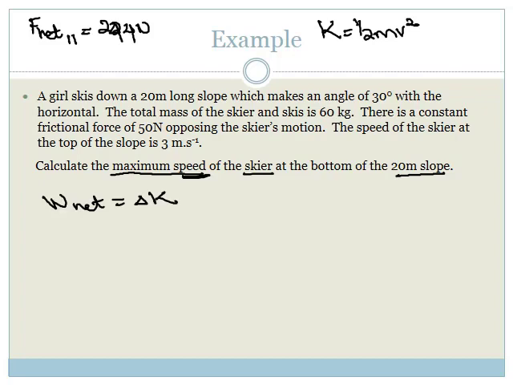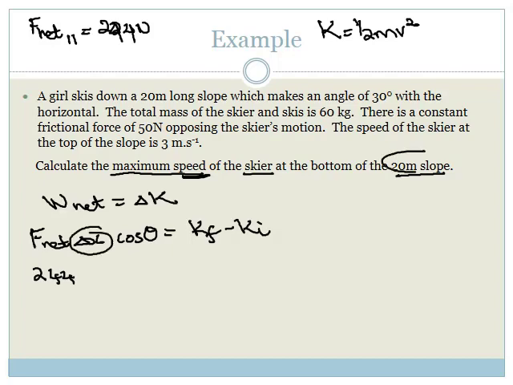So if we know the net work done, which is F net delta x cos theta, it's going to equal K final minus K initial. Agreed? Okay. So now, the F net we've got is 244. The delta x is 20 meters. Since the skier is moving in the same direction as the force, parallel, this becomes cos of 0, which is 1,